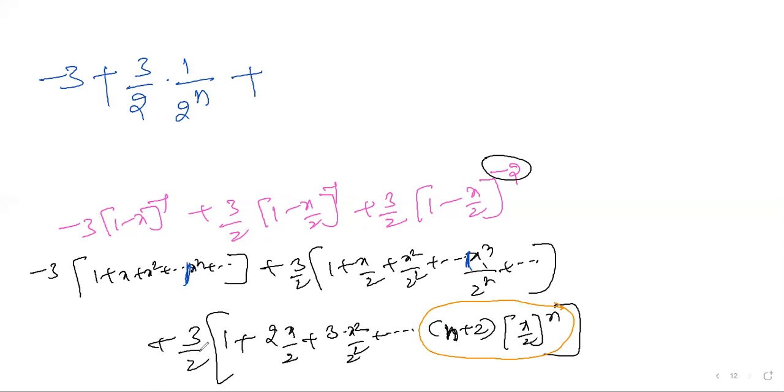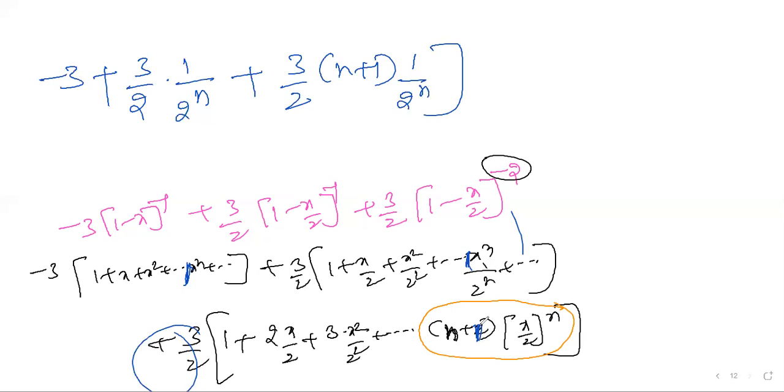Next, what is the third one? 3 by 2 into what are you going to get here, n plus 2 or n plus 1? 3 by 2, right? Okay, this is x by 2, right? This is 3 by 2 we will get. This is n plus 1, I think, the formula. I'll write (n plus 1) into 1 by 2 power n. Yes, the x power n coefficient. You can write n plus 1, sorry. Okay, so this is the way.